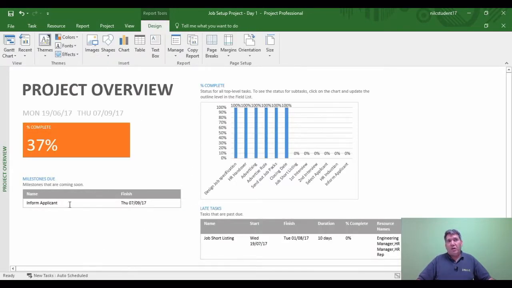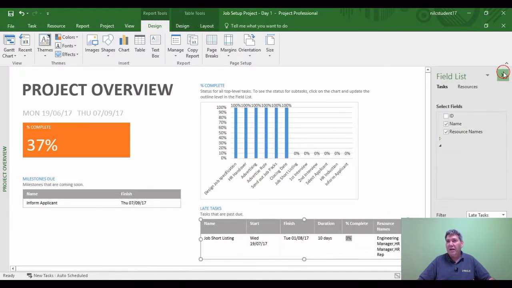Pretty clever. It's showing me I've got a 37% completion on the project itself. It now gives me a chart showing me what's complete and what's not complete. It even tells me what's late. So I know that job shortlisting is a late task, and it's telling me that. And we know that from the discussion earlier on with the status date, which is set to the 2nd of August. So by being 0% complete, it's telling me that